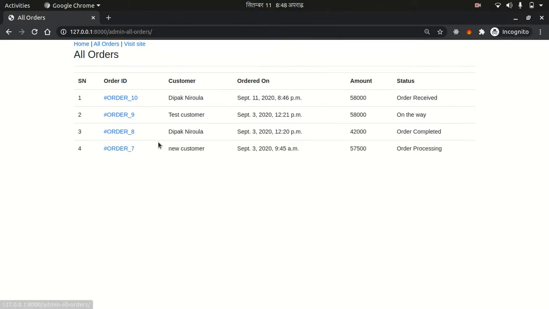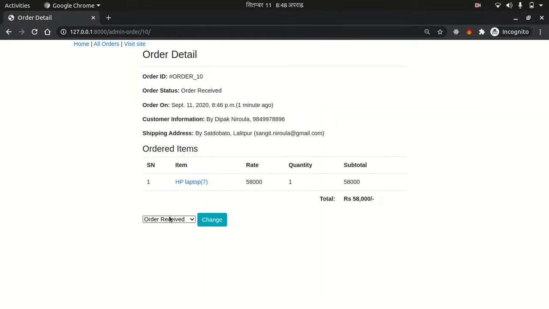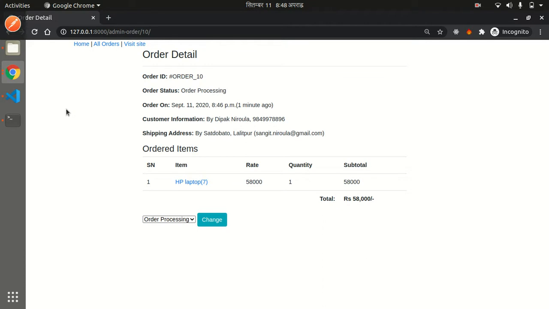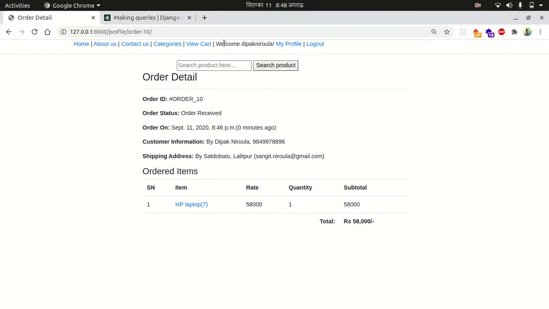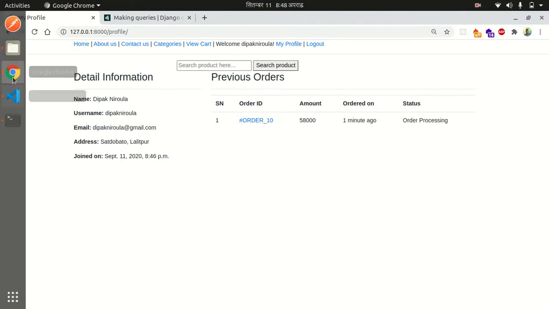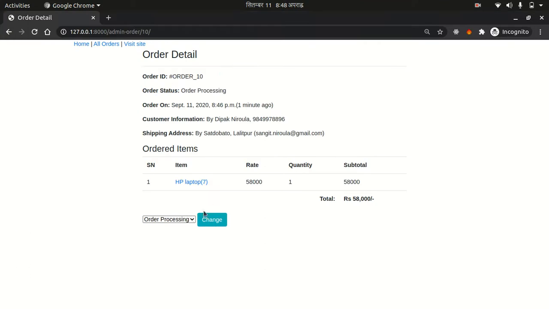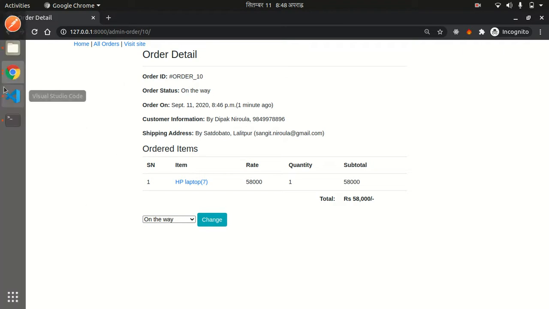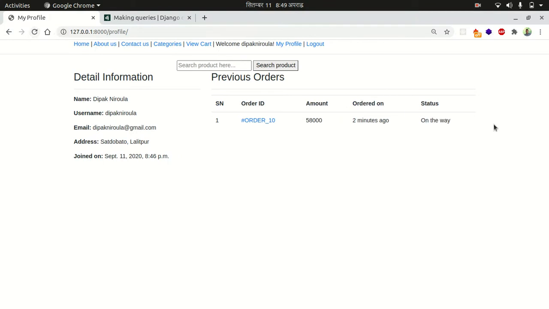Here we can see all orders here. Now this is pending order. Let's go to pending order. Let's go here, and if we want to accept the order, we have to change it to order processing. So let's change to order processing. Now our order status is order processing, and in the client side, if you go to profile page, the status is order processing, and admin can manage the order status by just changing the status, and the order status is on the way. So let's check it from our admin panel. On the way,